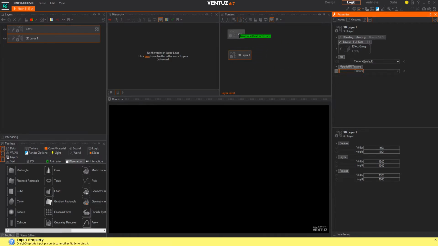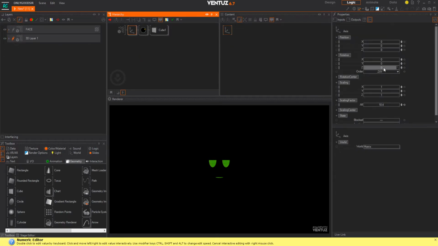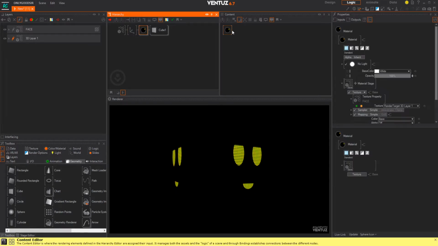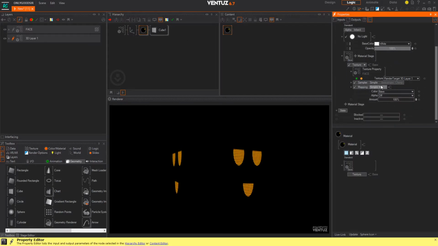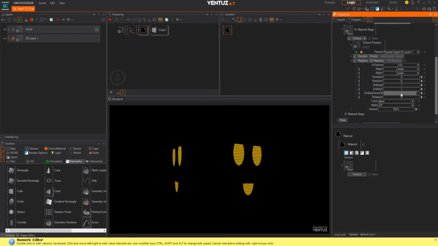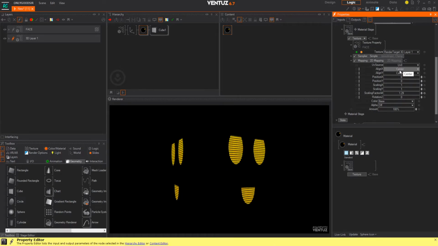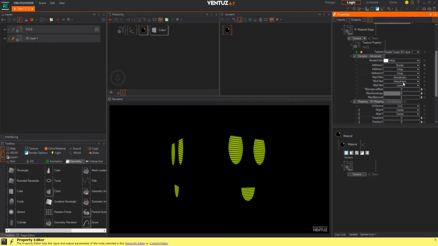So I'm going to drag this to my face, and now if I go back to my 3D scene, it is now mapped to my cube, which is cool. Now I can change the texture property so it treats it as a flat texture, so you can do all your UV mapping and scale it up and down, make it big and small. So if you want to say, okay, advanced border,